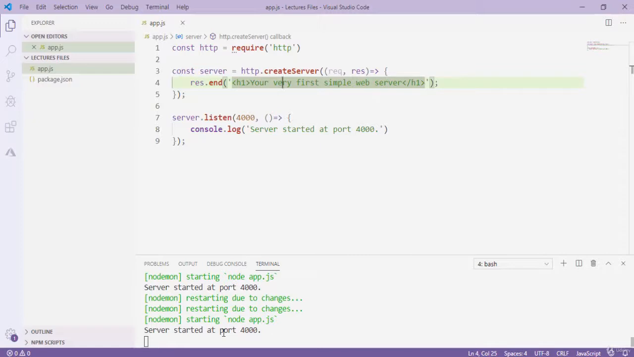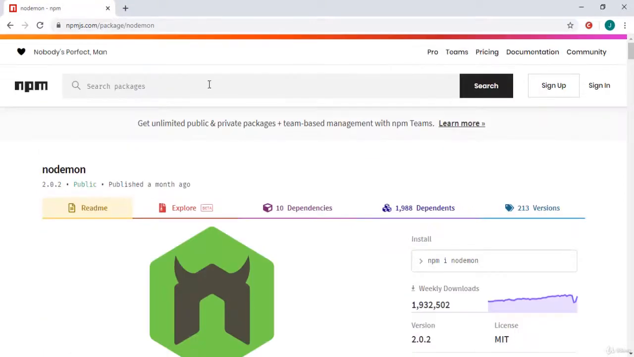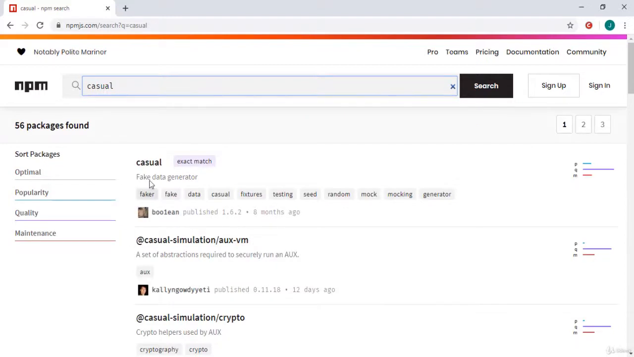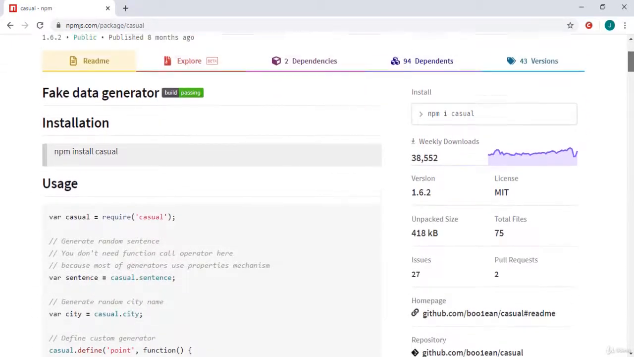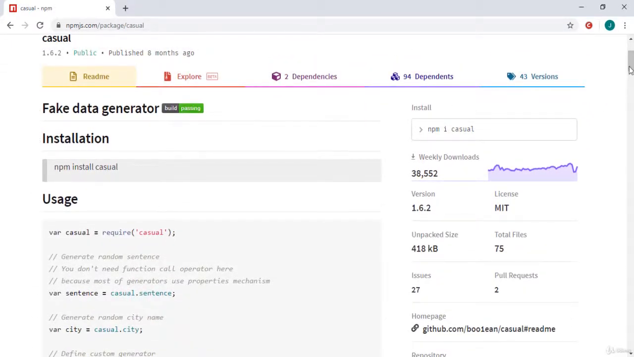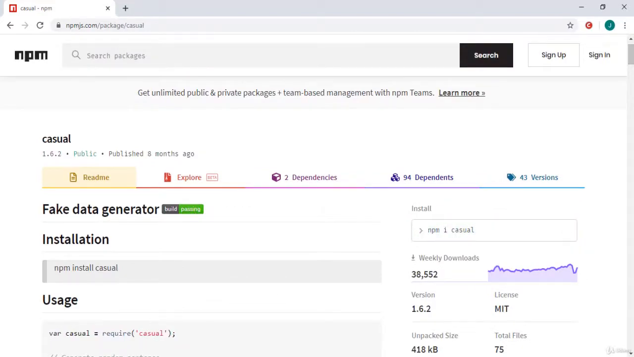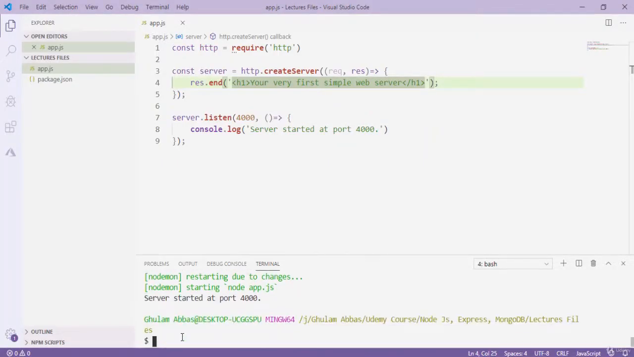So now let's use our second package, which is casual, okay? Casual is an npm package that generates random data, okay? So if I go back and simply type here casual and press enter, you can see this first package. I click on it, and you can see that it is a fake data generator, okay? So I simply install this in my application. I press Ctrl C to get out of nodemon and type here npm i casual, and now